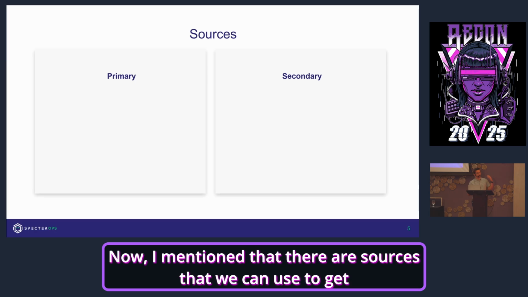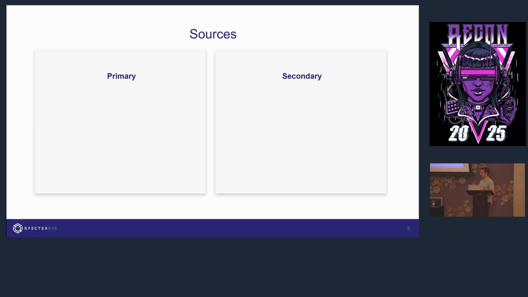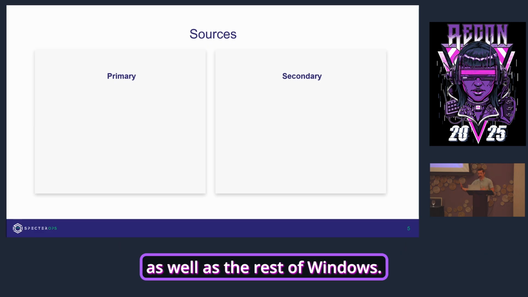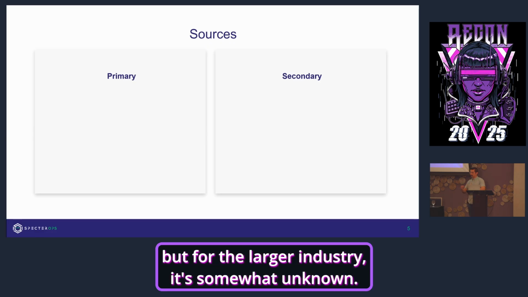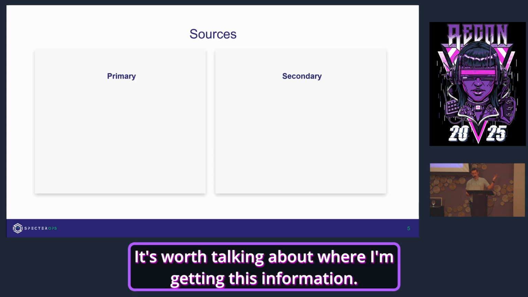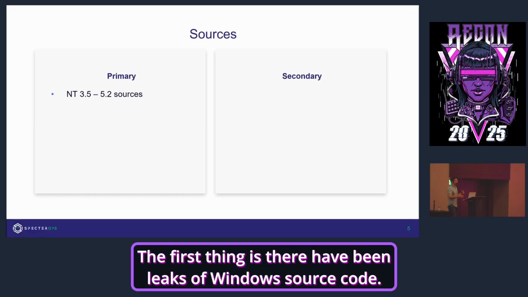Now, I mentioned that there are sources that we can use to get the actual data types that Microsoft internally uses for LSASS as well as the rest of Windows. I've learned that for some people, these are used on a daily basis, but for the larger industry, it's somewhat unknown. So it's worth talking about where I'm getting this information. The first thing is there have been leaks of Windows source code.